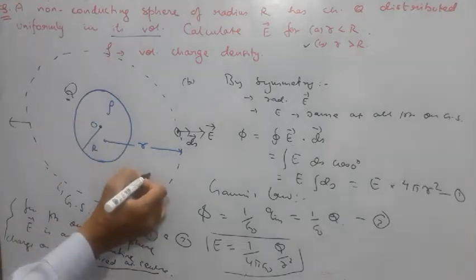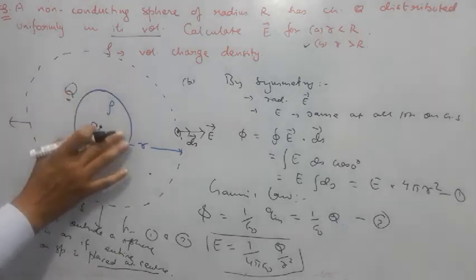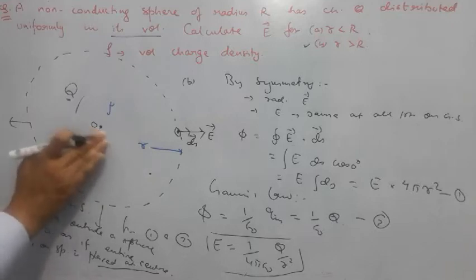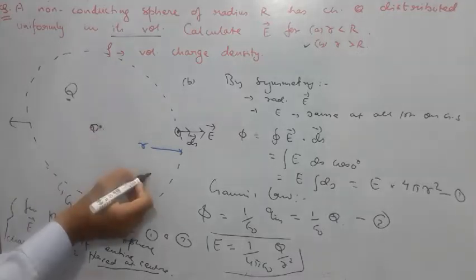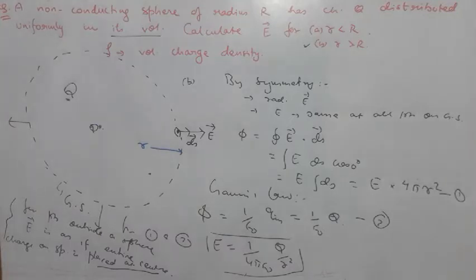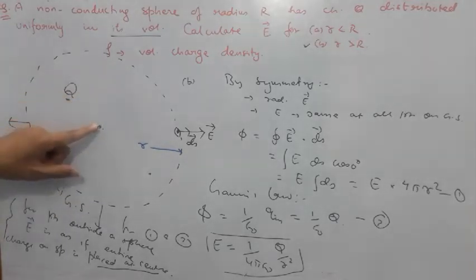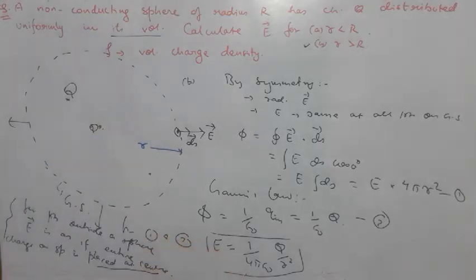If I have to find the electric field at, suppose, this point, then this sphere can be thought of as whatever charge is present, Q. You can imagine a charge Q at its center, a point charge at its center. Then for this point charge, the electric field, whatever value it has at this point, the same answer will be true for that case. This statement we have also written for a spherical shell. So remember, for points outside a shell or a sphere, you can assume that the entire sphere's charge can be placed at the center, and then that distance is known to you. You can easily use this formula for finding the electric field. So this is our part B. Let us now compute part A.